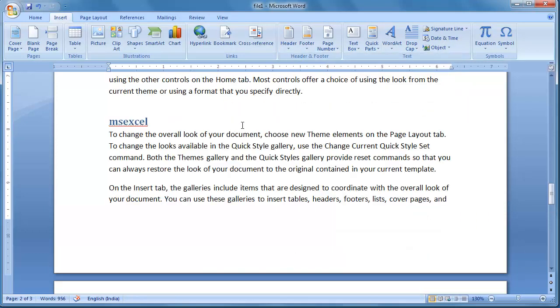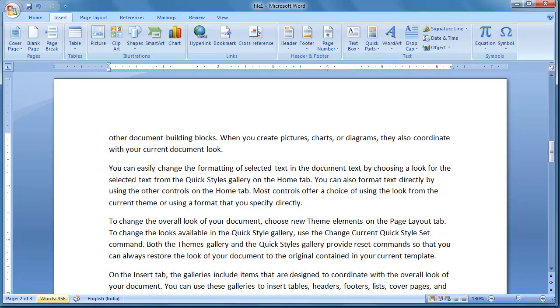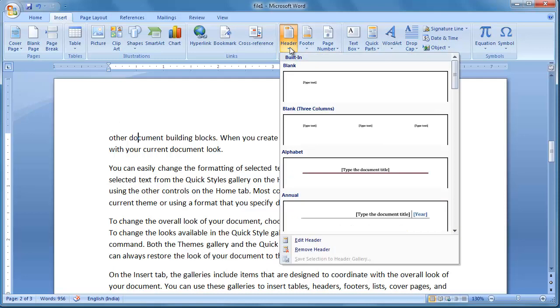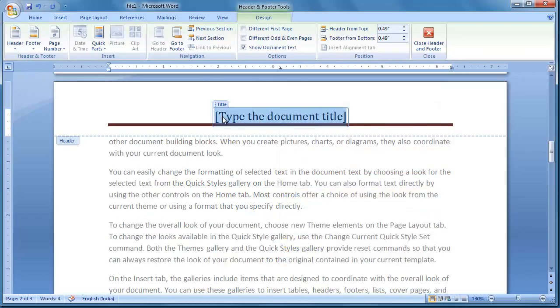When we are in the header, suppose let us move to top of any page. We are in the second page. I move to top of the page. Then you click on header. Select which type of heading you want. We are having some templates. Click here. Now type the document title. Click with mouse here and